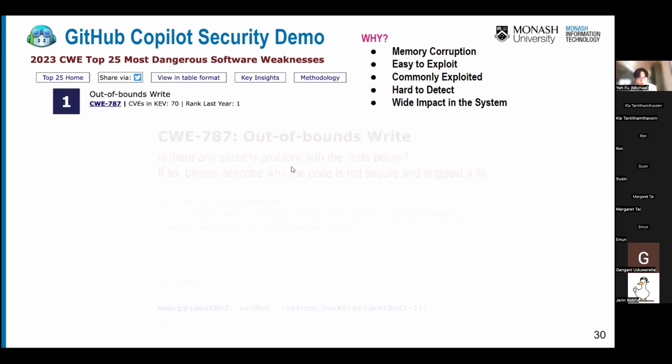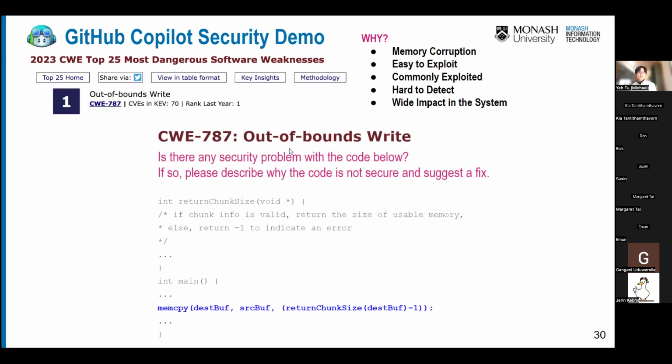So what I'm going to do here is ask GitHub Copilot to see whether it can detect the buffer overflow vulnerability inside this code. The code that we're going to look into is this memory copy function. We have a destination buffer, a source buffer, and a function called return chunk size. But we didn't validate the value returned by this function.